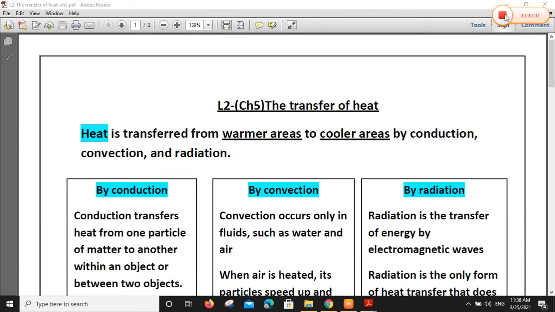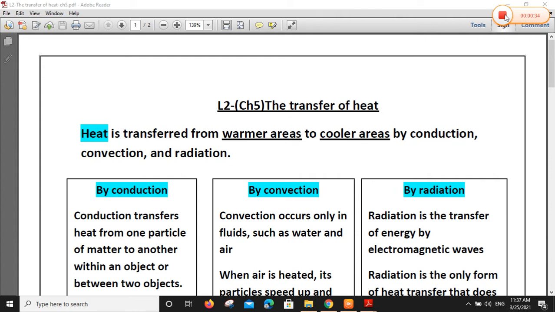Good morning, grade 8. Today we are going to start lesson 2, chapter 5, the transfer of heat. What's heat? We mentioned in lesson 1, heat is thermal energy that transfers from a warmer object to a cooler object. So heat is transferred from warmer areas to cooler areas in 3 ways. So we have 3 ways to transfer heat: